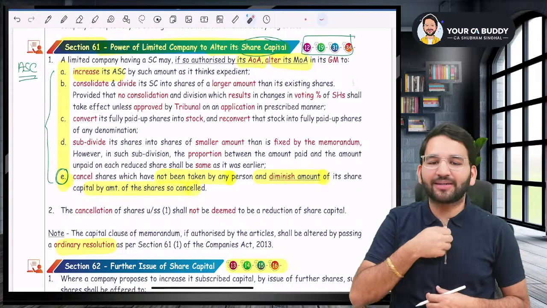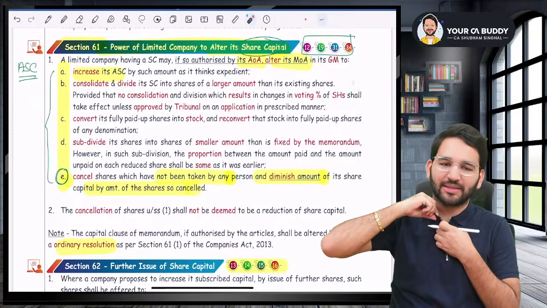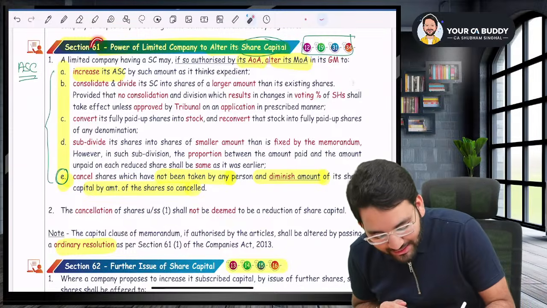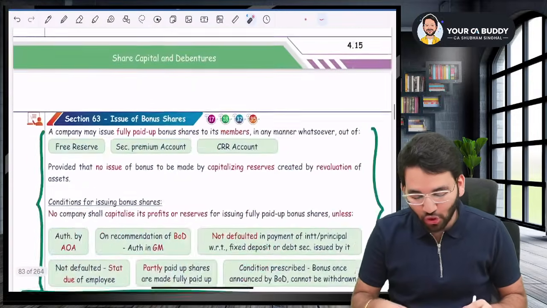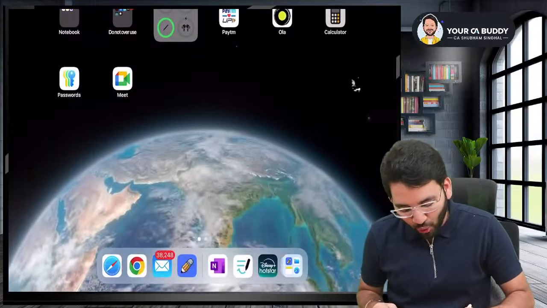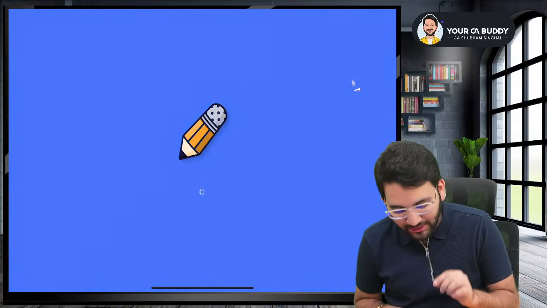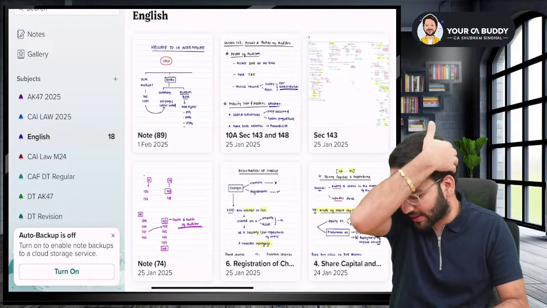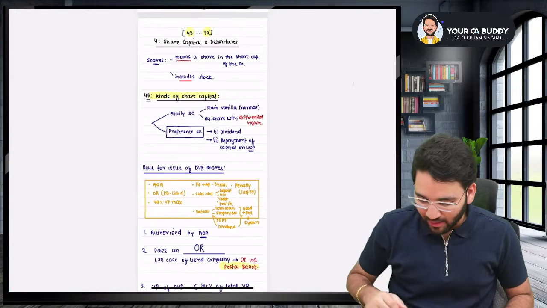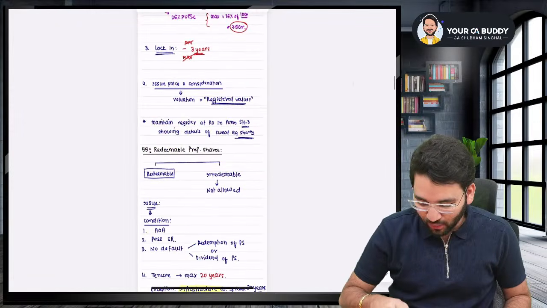So moving to the next part. Section number 61 is done. After that, we immediately study section number 66. Section number 66 talks about reduction in share capital. Open the notes that we made in the class, because that will give you more comfort. And for those who don't have it, you can write down looking at my screen.